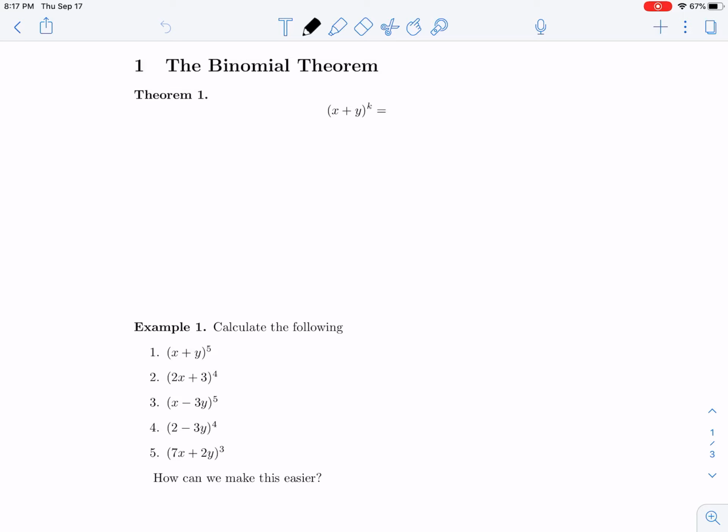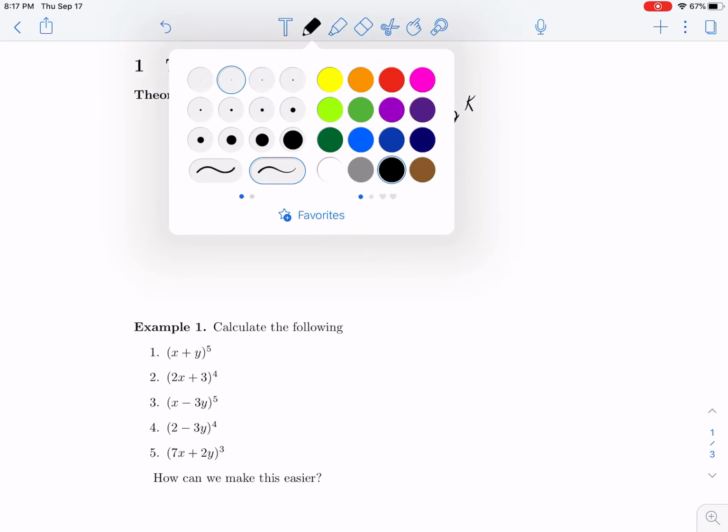And the binomial theorem says x plus y to the kth power, right? First off, it's not x to the k plus y to the k, right? This is not true. This is what some math people call the freshman's fallacy, or the freshman dream. We wish this was true, but it's not. But what is true is that this is equal to,